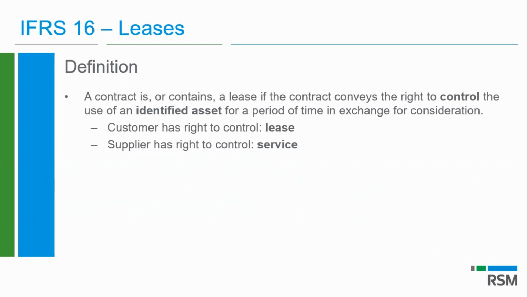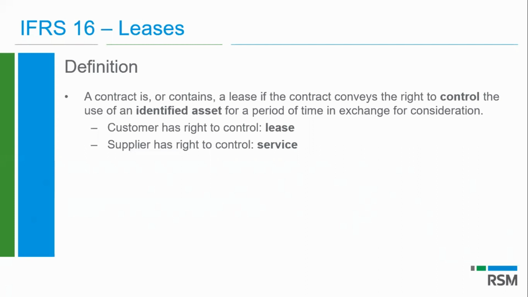Just a very important point to note is I've highlighted there the word control. Control is a concept that has been coming up time and time again. It came up with IFRS 10, the consolidation standard, where it's about identifying who controls a subsidiary. It came up again in the new revenue standard, revenue from contracts with customers, being IFRS 15. They speak about control and when revenue can be recognized. So again, we see it in IFRS 16, and it's the right to control the specific asset that determines whether or not there is a lease.